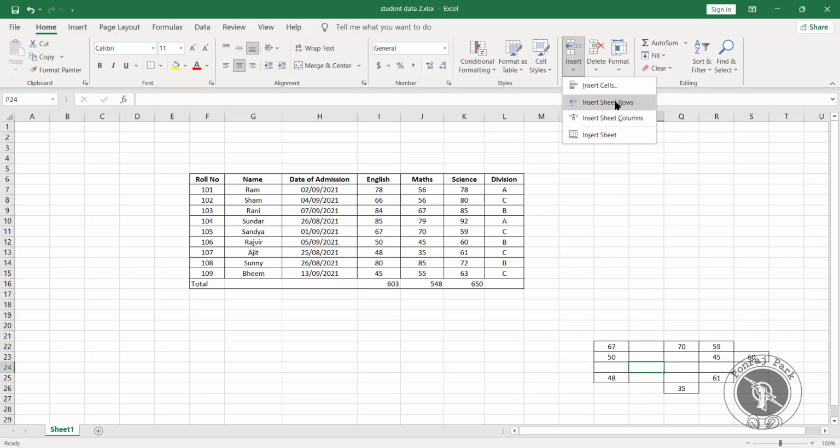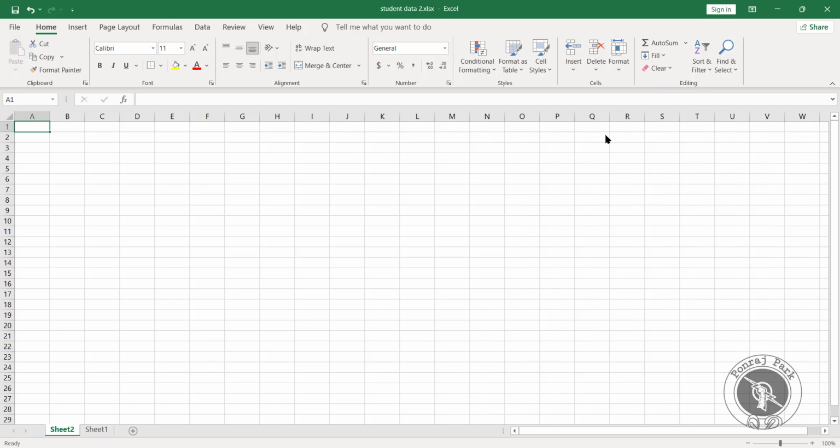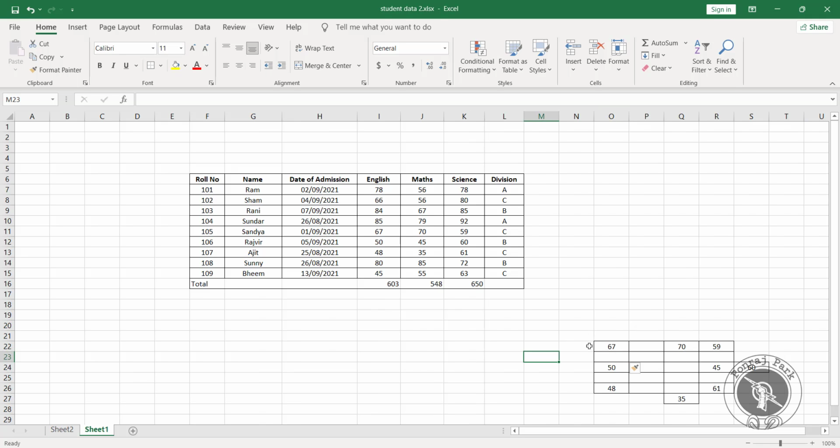Okay, so this is the same option. If you want to insert rows, you can simply click, like suppose here you want to insert a row. Let's take an example. If you want a whole row inserted in this row, you can click here, and it will insert that row in this place. Likewise, if you want to insert a sheet column, you can simply do that from here itself. And next we have Insert Sheet. Suppose you want to insert a sheet, this is how your whole sheet is inserted over here.